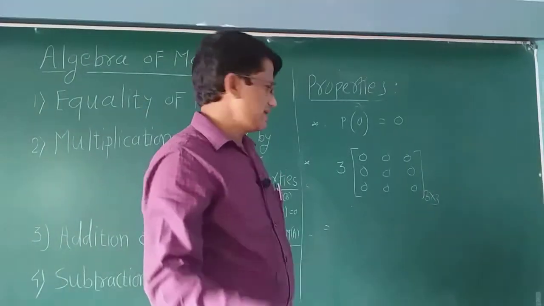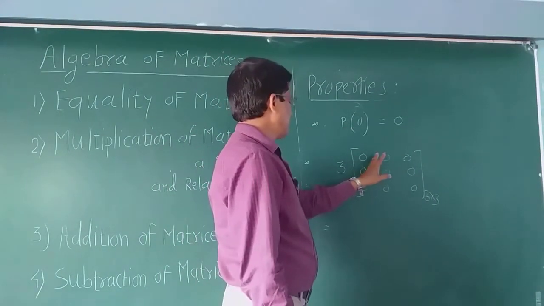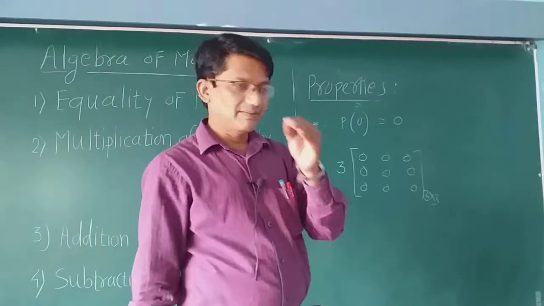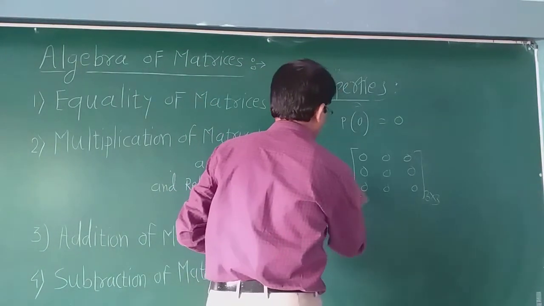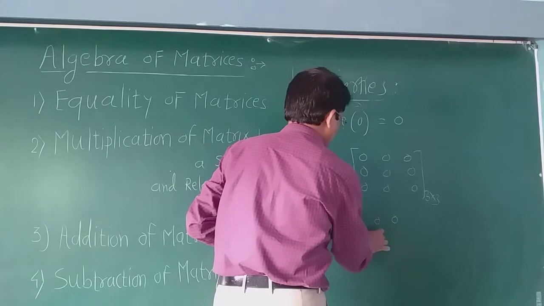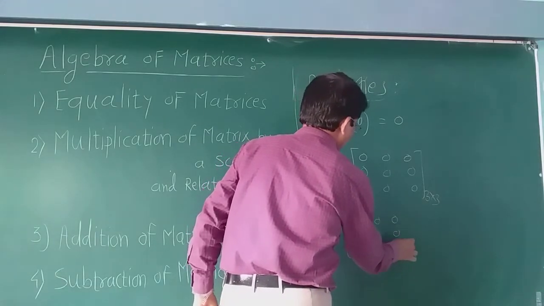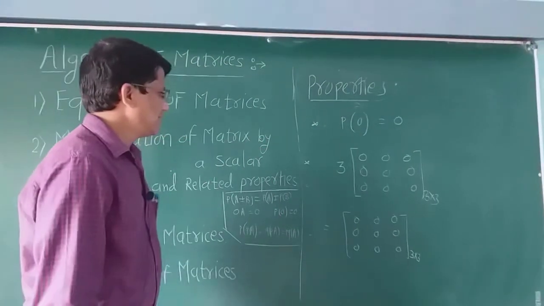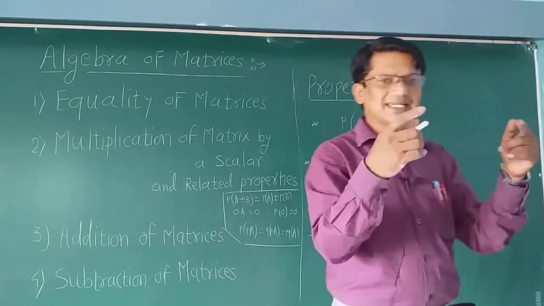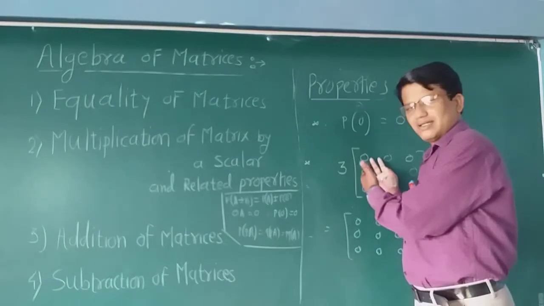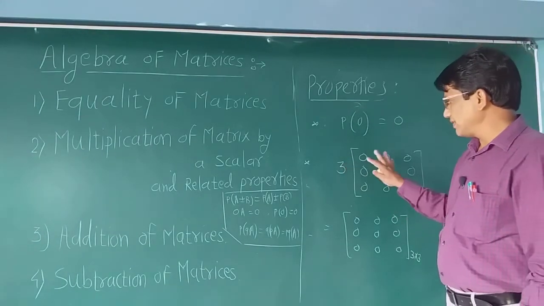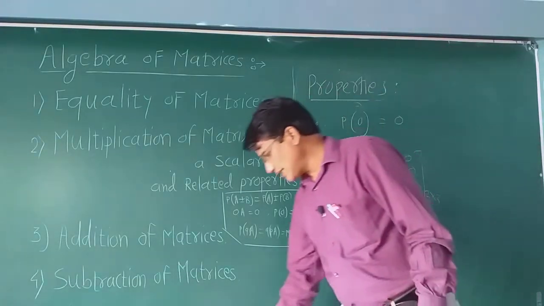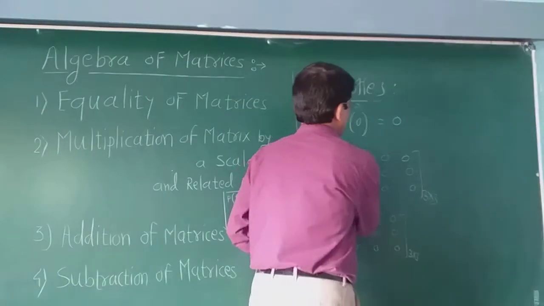Again use the same concept. This is a matrix and outside the matrix there is a 3. So multiply this 3 with every element given here. Here 0, 0, 0, here also 0, 0, 0, third row also 0, so 3 by 3. It means that if there is any number outside a 0 matrix, multiply that number with every element of the matrix, so the answer will be 0.